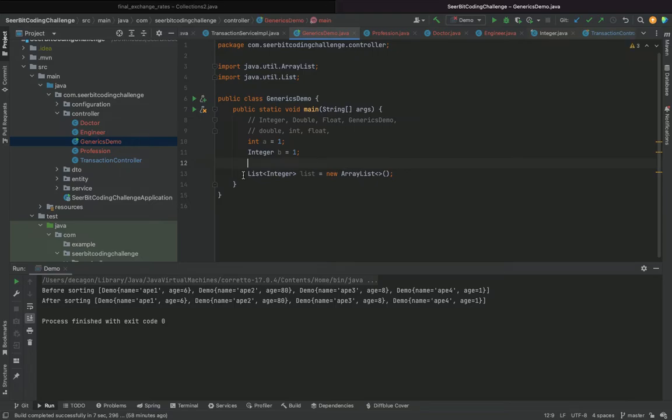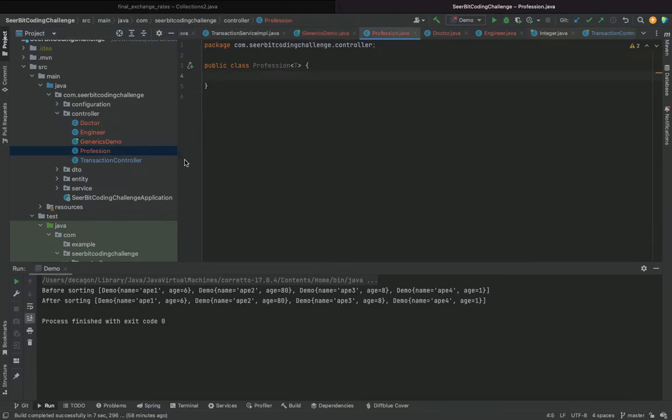They are quite similar and we want to eliminate the repetition. So we use the concept of generics and tell it that it should accept any type you're passing, whether it's a doctor or an engineer.